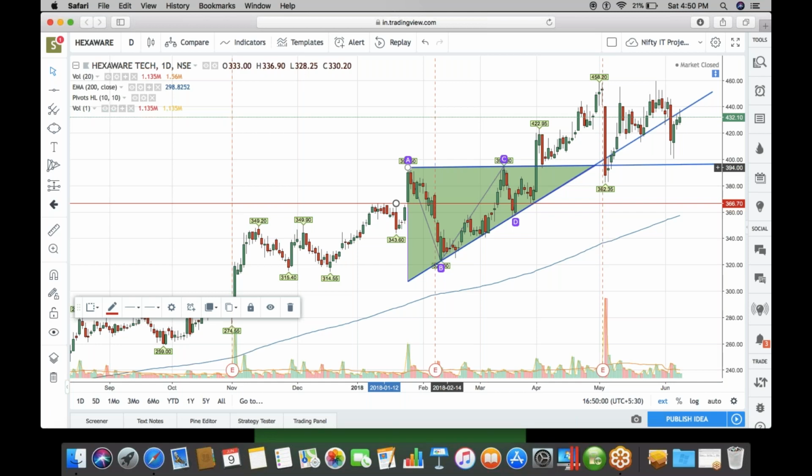Okay, third is that most important thing, in any of the triangle, let it be an ascending triangle, let it be a descending triangle, let it be a horizontal symmetrical triangle, these are two trend lines. This is one trend line, this is another trend line. So if we stress this trend line, these trend lines should act as active support and resistance levels. Now see this, after this breakout has happened, prices have moved up to 458 level, prices have fallen to 382 level, bounce back. This particular trend line has acted as some support. See this, at this level,